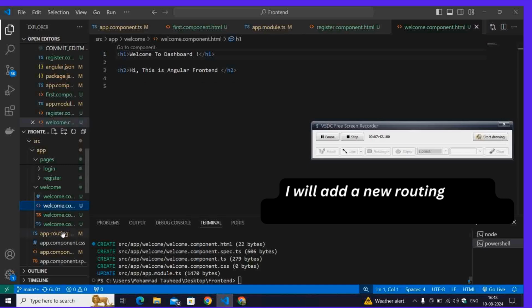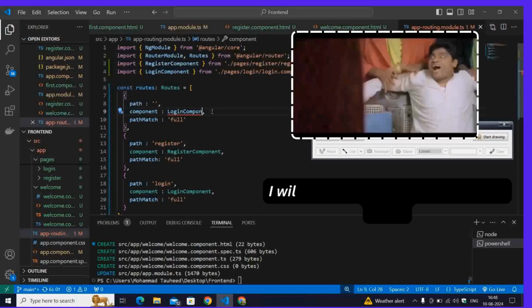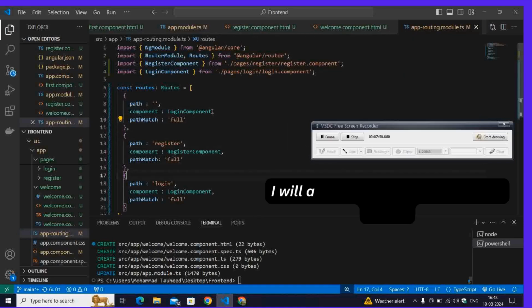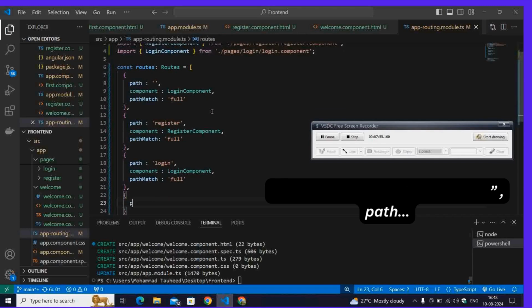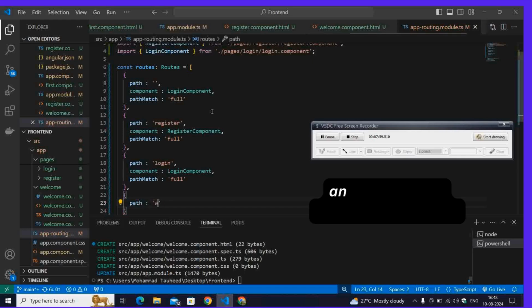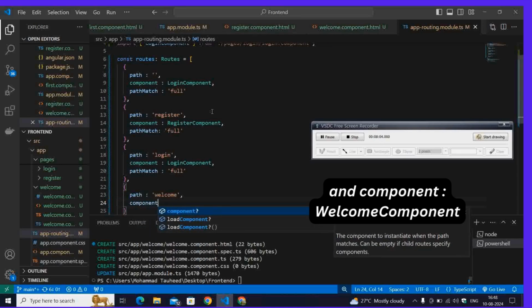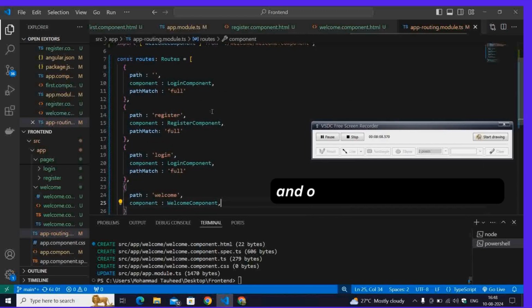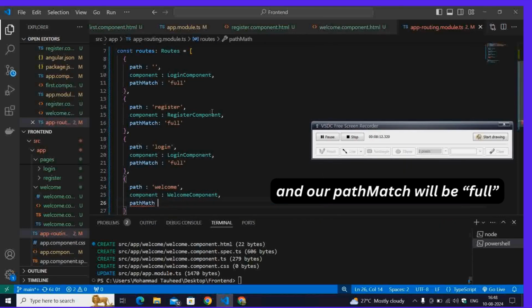I will add a particular new routing, and this routing I will keep it login. And I will give a new path, that is in curly braces path with the name welcome. Okay, and component welcome component, and here path match will be full. Okay,